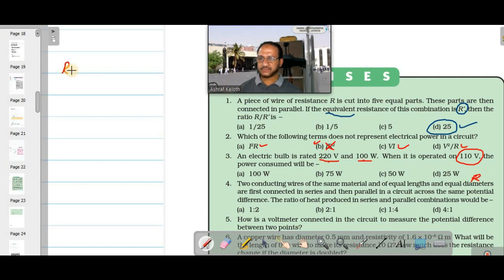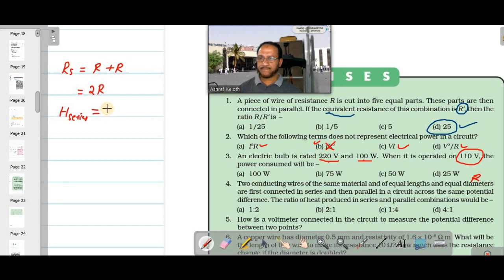So first you can write down the net resistance in series combination, R series, is equal to R plus R. Both are same material, same length, same diameters, means same resistance also. Means the total resistance will be 2R. Then heat produced, if it is connected in series combination, I am taking H in series. H in series, heat produced in series is equal to, what is the equation?